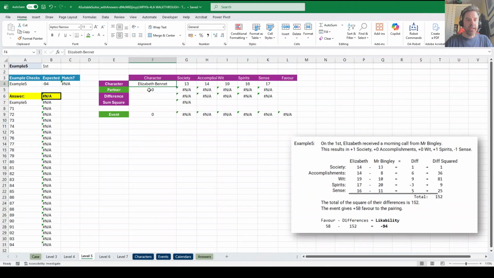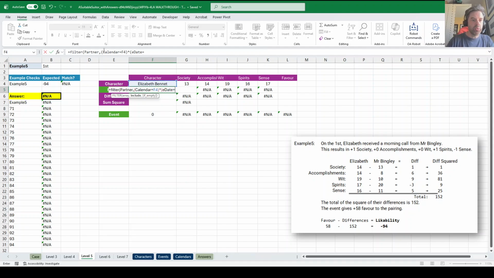So if I go back here, what I want to do is the first character is Elizabeth Bennet, and we're looking for what she's doing on the first. I'm going to filter the partner, oh, didn't type equals. I'm going to filter the partner when the calendar equals Elizabeth Bennet and the event date equals what's up here in B1, and I should get Mr. Bingley,